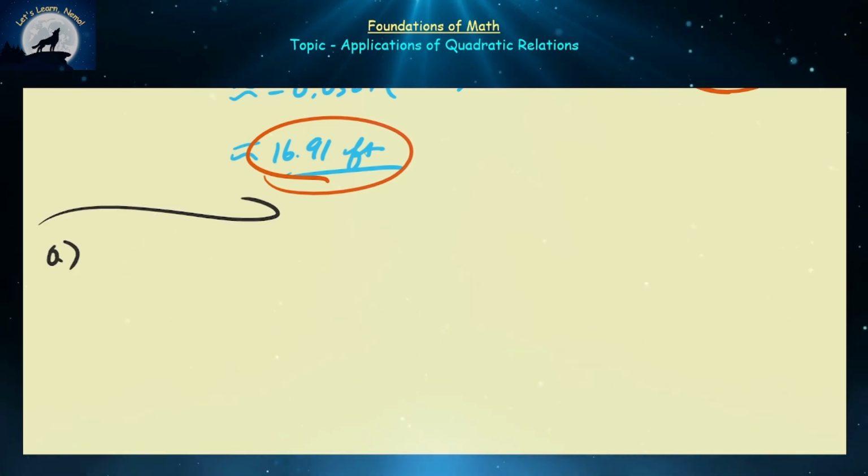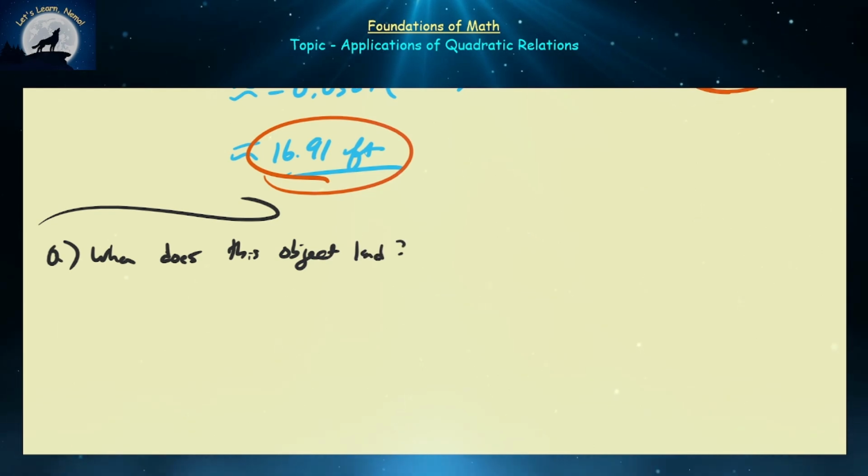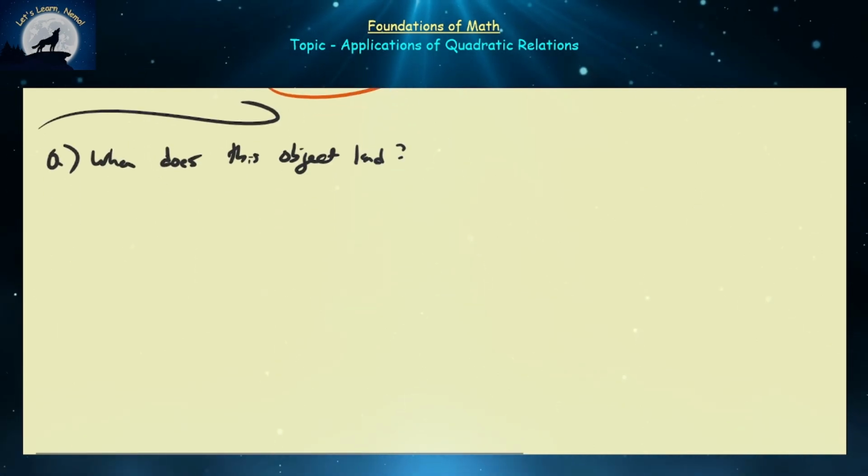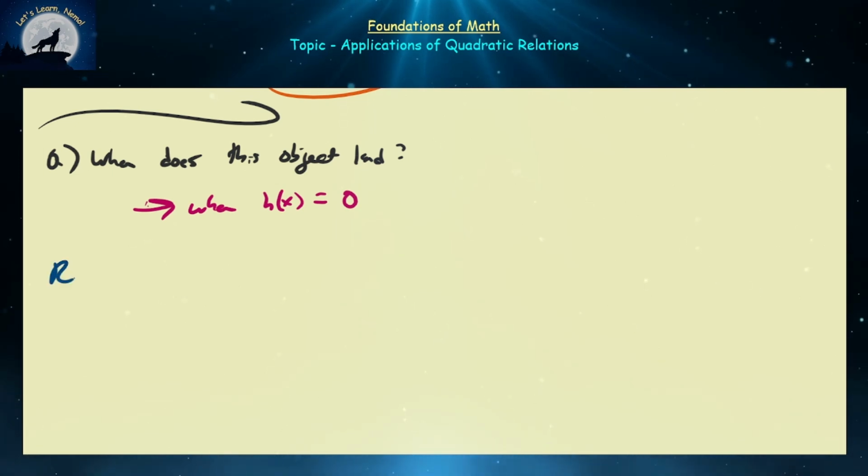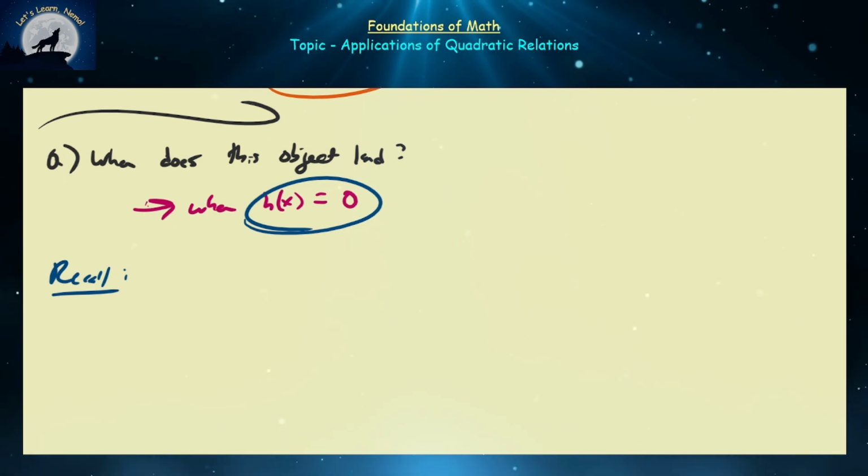So let's formally state this question. When does this object land? So this object is going to land, obviously, when the height is equal to 0. So let's again recall a very important property, because when the height is equal to 0, that's going to give us the x-intercepts